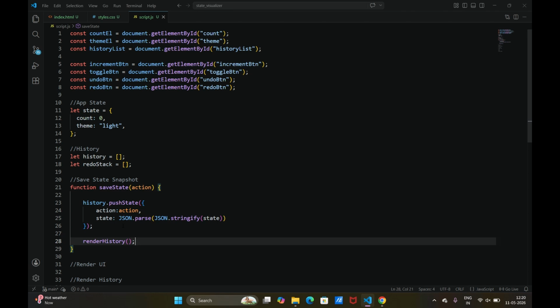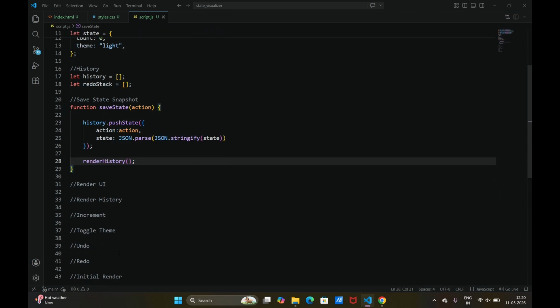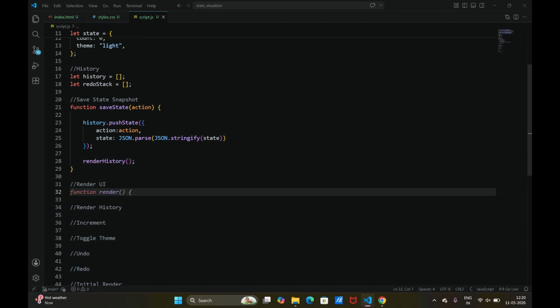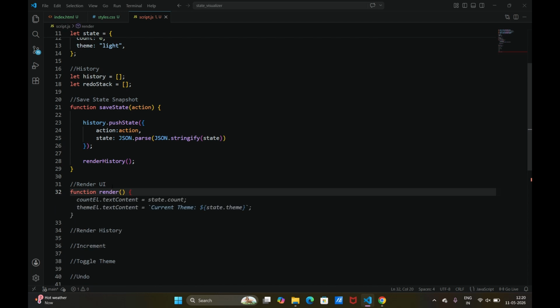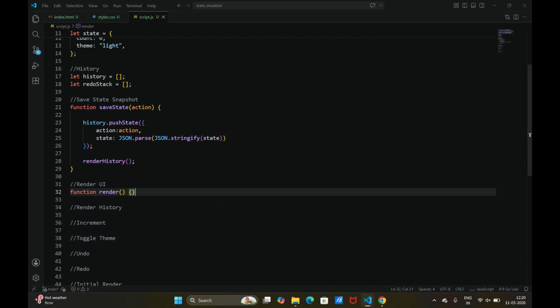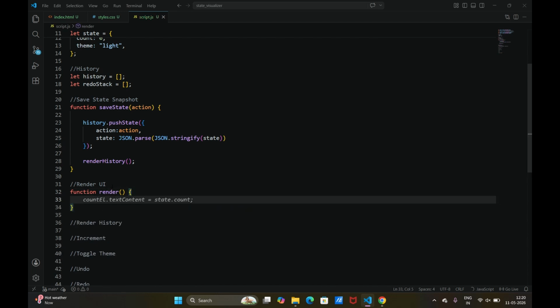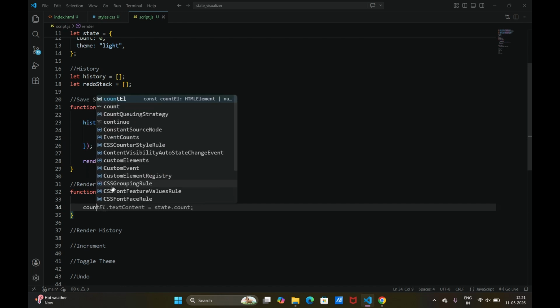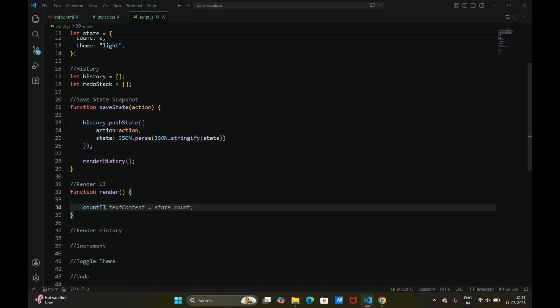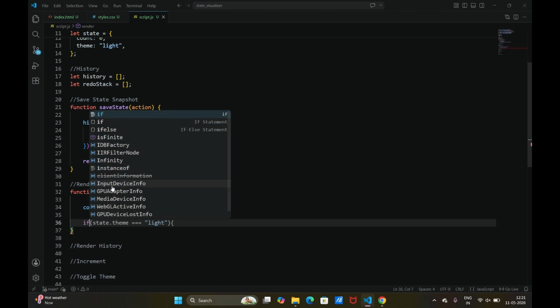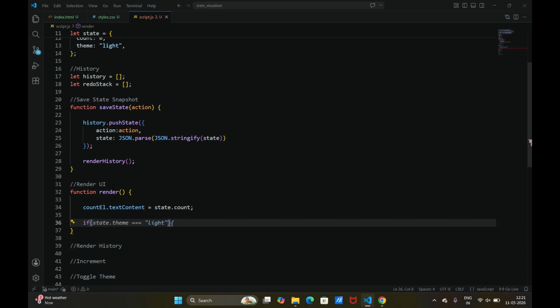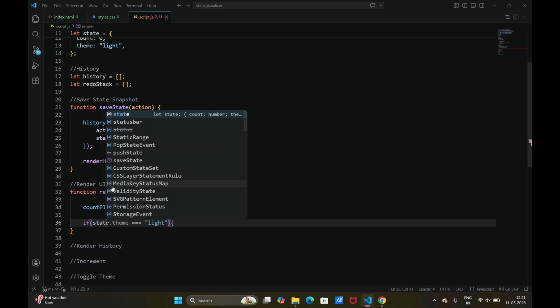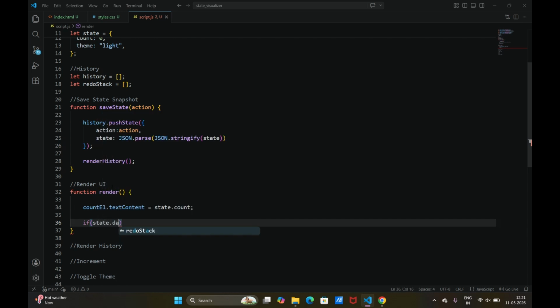Now the next step is to render the UI. For this, I am creating another function called render. Inside the render, I am creating a new element called count element, and the text content is state count. And then I am using an if else method to toggle the theme. So if the state is dark,